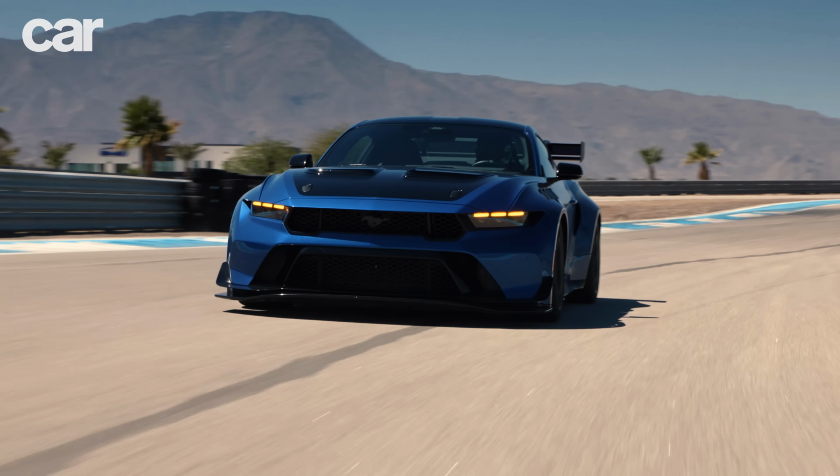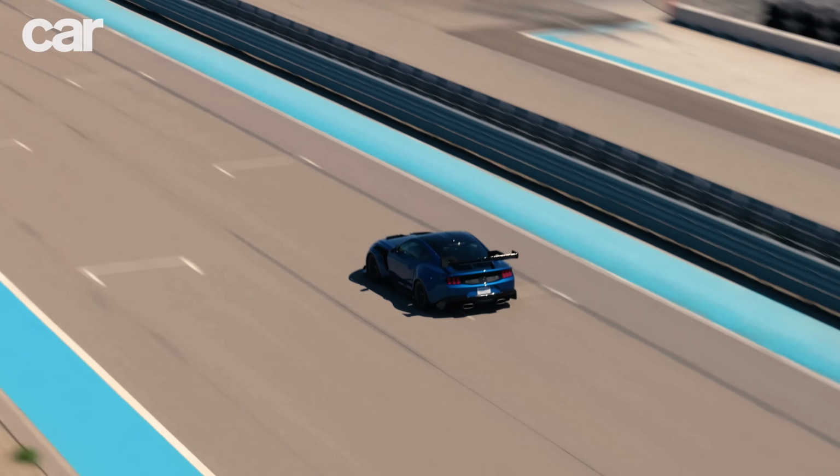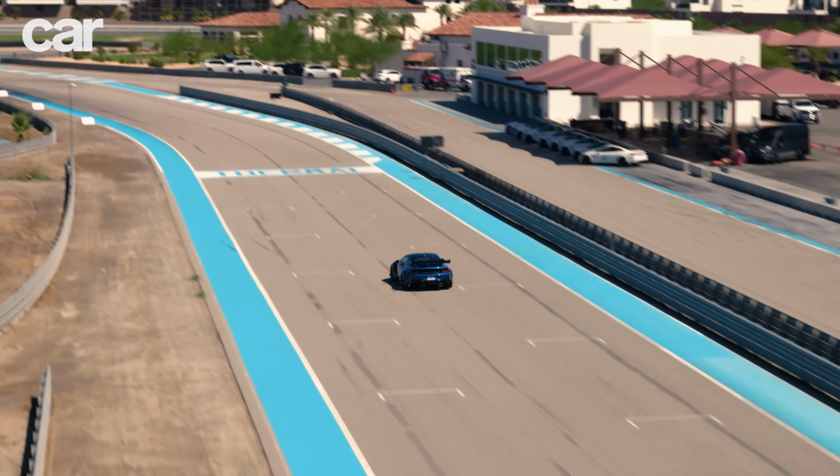A, I've got a pace car in front of me, hence the lifting off on the straights. B, my helmet was indeed too tight. What the